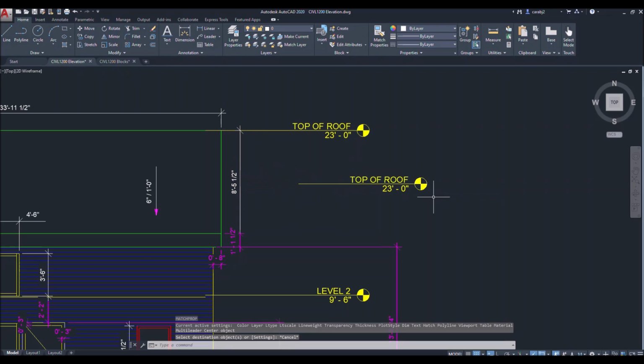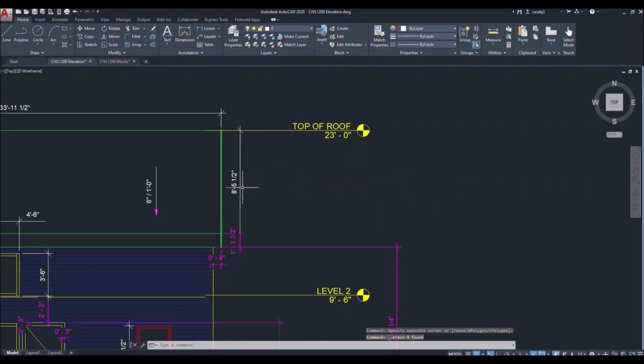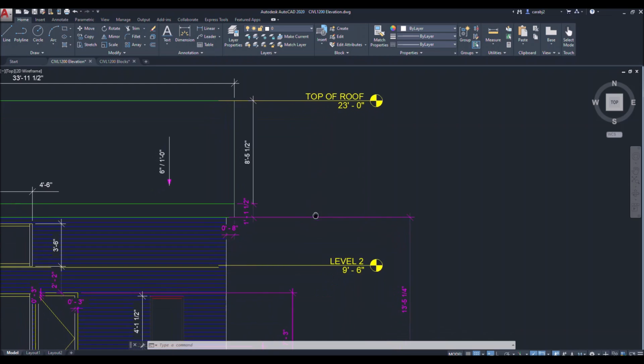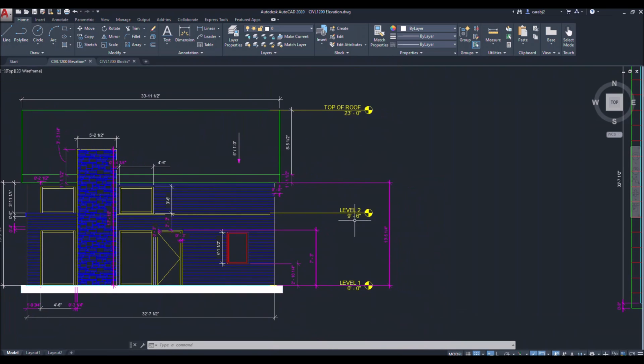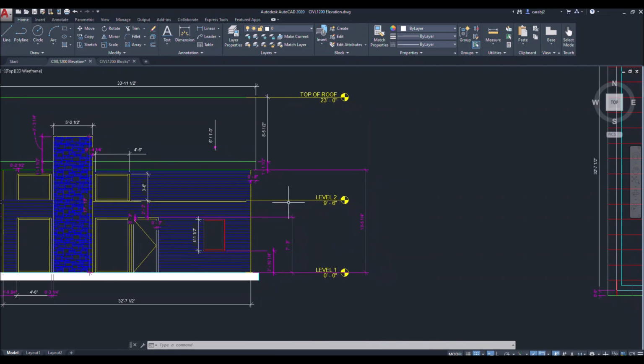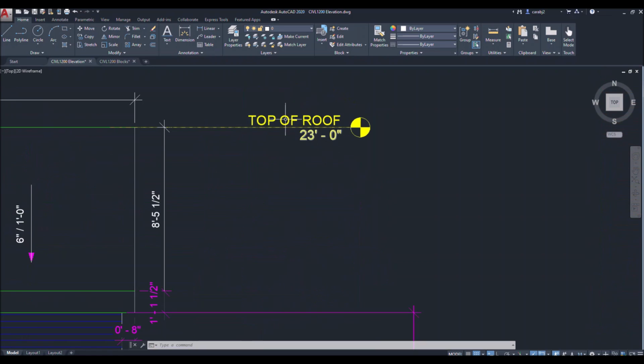Just because that's how AutoCAD works, it wants to match whatever the properties are, whether that's the text height, the layer color, what layer it is on. That's what match property does. So that's just a quicker way for you guys to do your dimension styles or any text that you want to do. So what I just showed you, if you wanted to create a new text, a single line text,